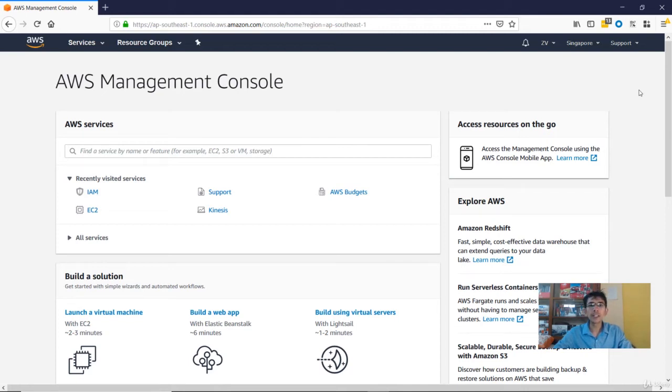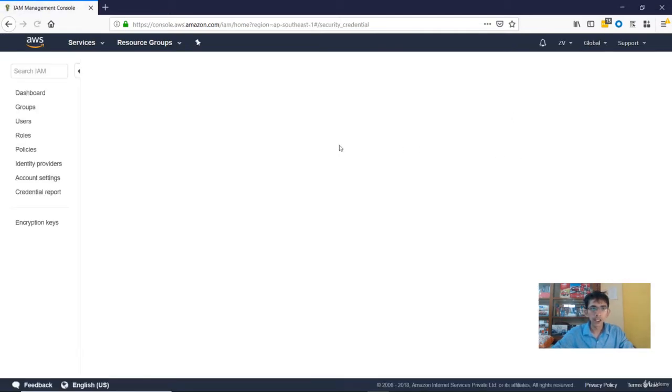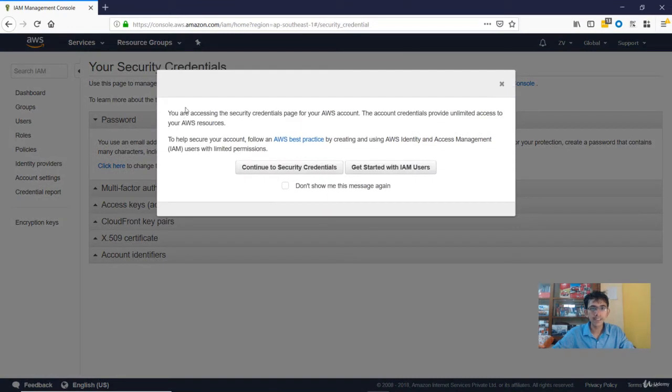Now in today's video we'll look into how we can create an IAM user, and henceforth we'll be doing all the activity through the IAM user so that we do not really have to log in to the root user account. Now typically if you go to my security credentials, whenever you log in through the root account, you would see that there is a warning message that always pops up saying that the account credentials provide unlimited access to your AWS resources, and as an AWS best practice, they recommend that you make use of AWS Identity and Access Management